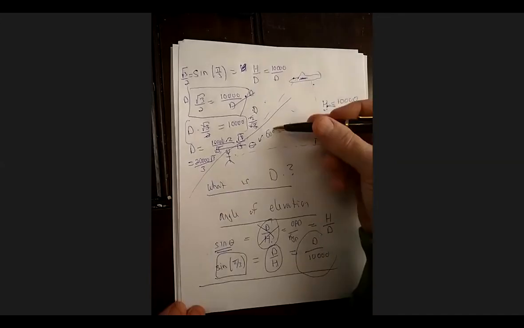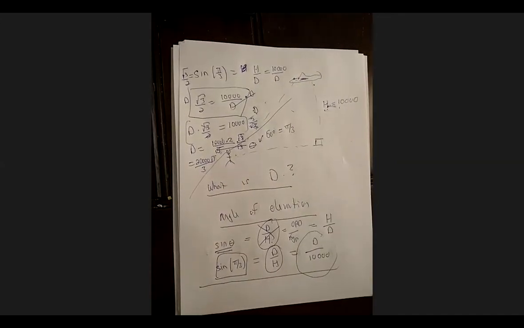Okay. So did that answer the question, the person that asked about that? Good. Okay. And are there any questions about this? I did this kind of messily to try to keep it on one page, but I can rewrite it if that would be helpful to anybody. It won't take very long. Just let me know. Okay. So the key, if you have a trigonometry problem, is to try to set up a right triangle, and then use what you know about trigonometry for that.